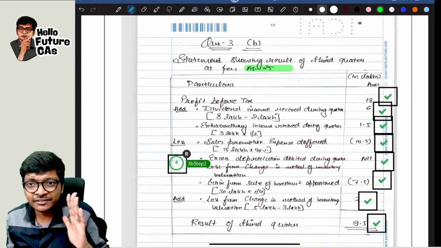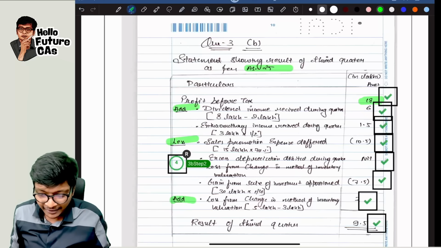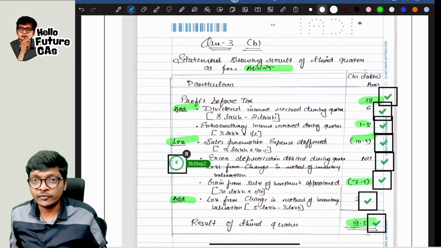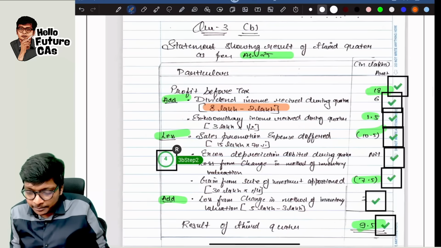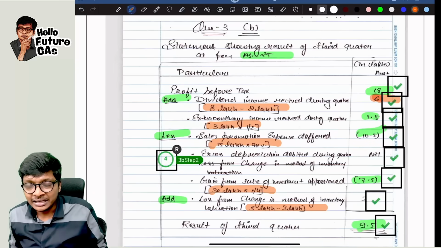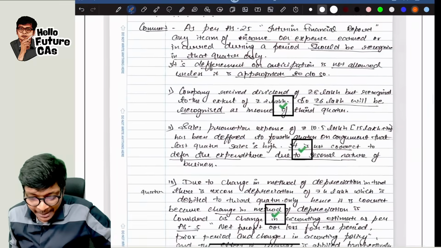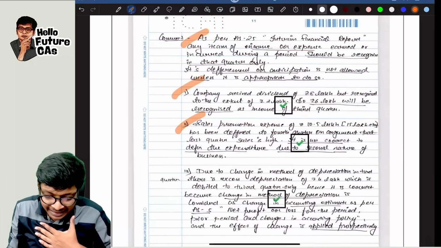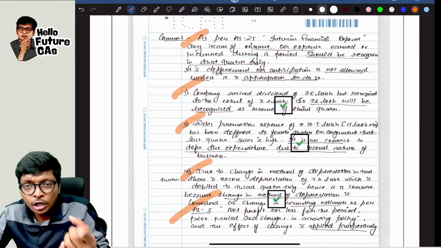Most of the students, I have seen them, they will start with the answer, do addition, less or add wherever relevant, do the values, and they will write the final profit. But look at the add-on things the rank holder has done. Every time a value is there, he is giving the breakup over here, and this breakup is explained. The same answer of AS25, this full page is explanation as to why he is adding or lessing or ignoring